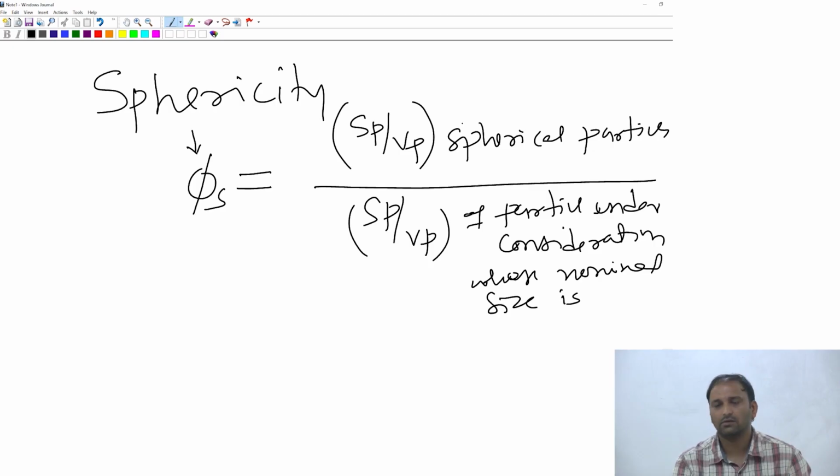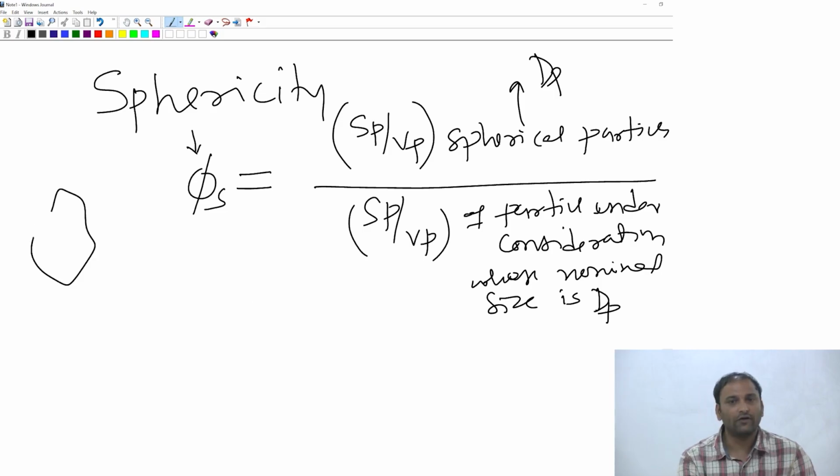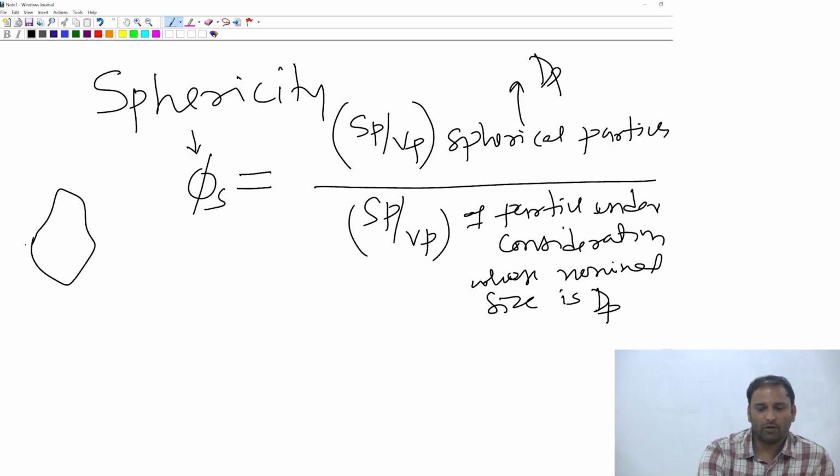whose nominal size is dp. So if I say that there is a spherical particle of size dp, it is the Sp by Vp of a spherical particle divided by Sp by Vp of a particle under consideration whose nominal size is dp. I will explain this a little bit, I see some strange faces. So now all you have to do is say that I have an arbitrary object like this. What you do is you